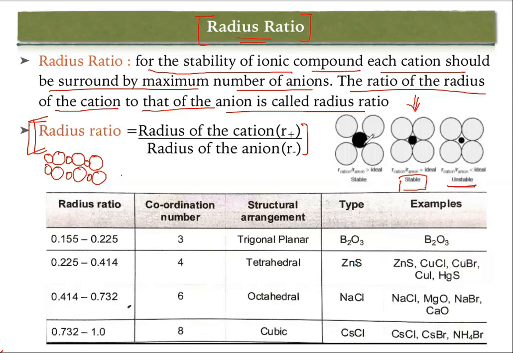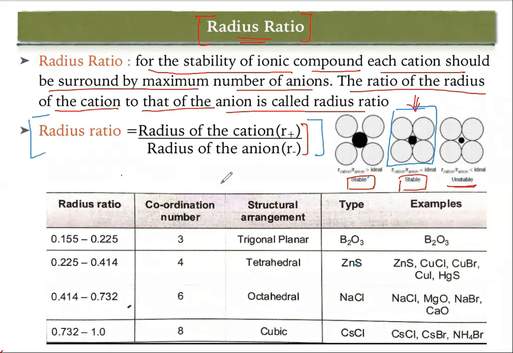And if the size of the cation is bigger, in that case also the crystal will be unstable. So here the size of the cation is bigger, and here the size of the anion is smaller. But the middle picture tells us about the proper arrangement of the size of cation versus anion. So this picture tells about the proper arrangement of this radius ratio. Okay, so I think you must have got the idea of radius ratio. This tells about the stability of the compound.